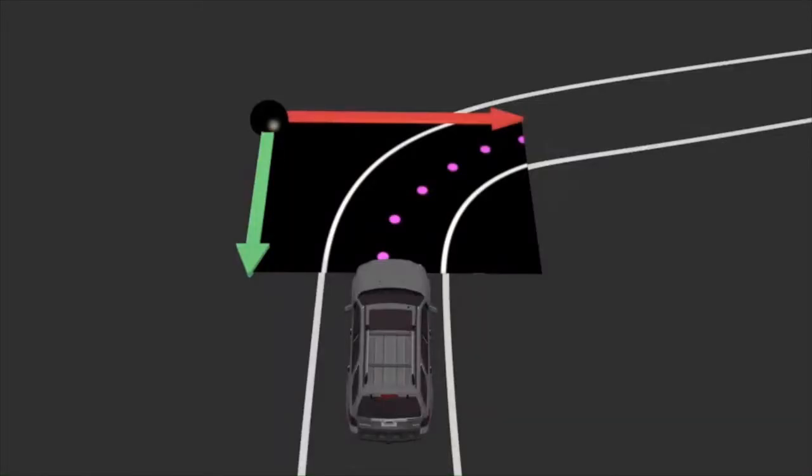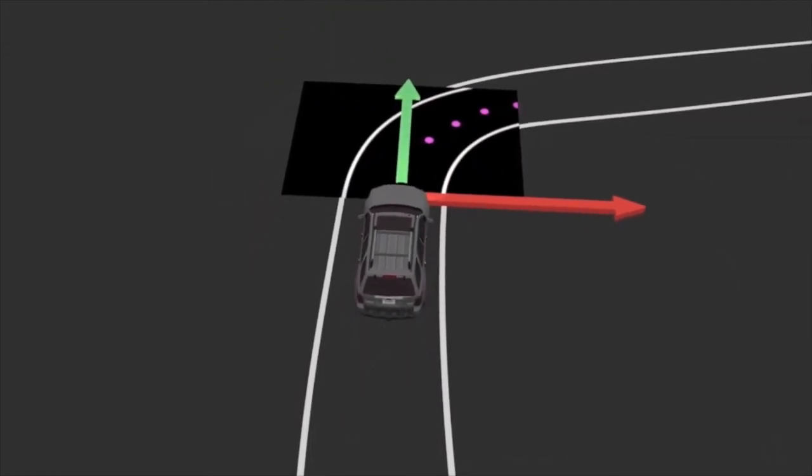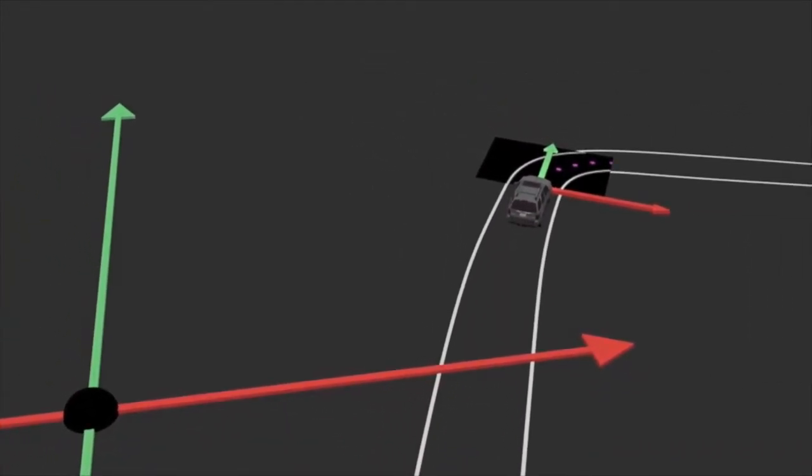Before these waypoints can be used, however, they must be transformed into the world space. Here we see an example of what the car might capture while driving. The purple points are the lane midpoints, but they are represented as coordinates relative to the top left of the image. The origin is then changed to the bottom center of the image where the car is. However, this coordinate space is not necessarily the same as the world space, which uses latitude and longitude, since the car does not always face north. Therefore, we change the basis vectors of the waypoint coordinates so that they match the orientation of the world space. Then the position of the car in world space is added to the waypoints to craft the final world space waypoints.